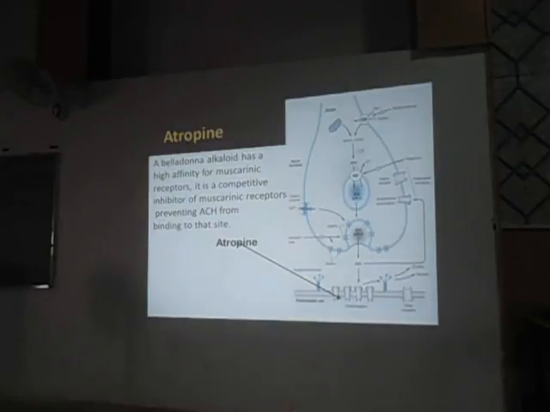That's it. So atropine is a belladonna alkaloid. Okay, it has high affinity for muscarinic receptors, is a competitive inhibitor, preventing acetylcholine from binding to its site. So atropine, you need to remember, it is obtained from the plant Atropa belladonna. So belladonna,